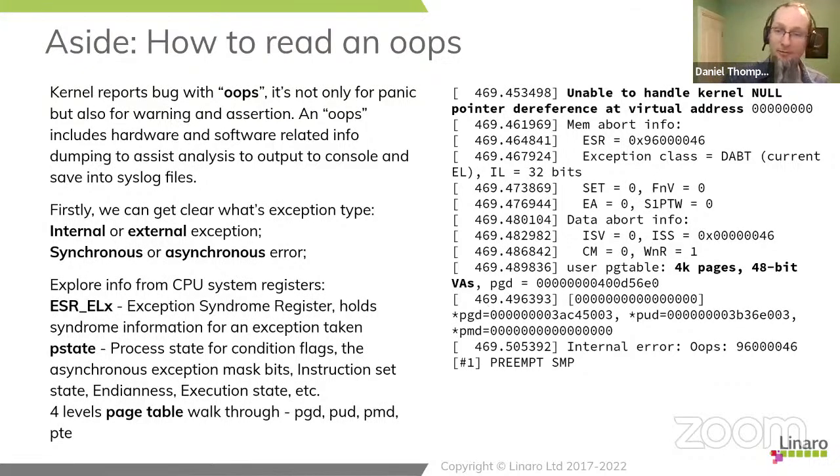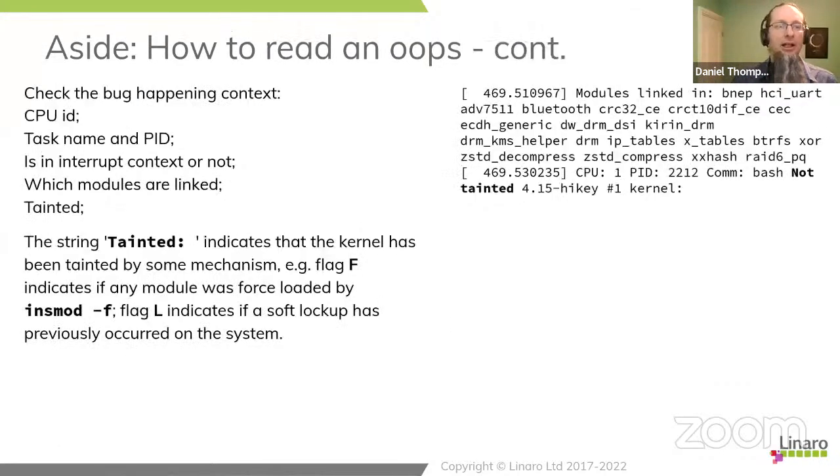We need to know our memory map. That is what tells us what the memory map is ultimately, because with different page sizes and different virtual address space sizes, we can end up with different characteristics in the function pointers, particularly if you go up to something like 52-bit virtual addresses. So that's the first part.